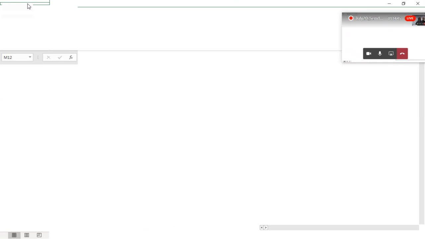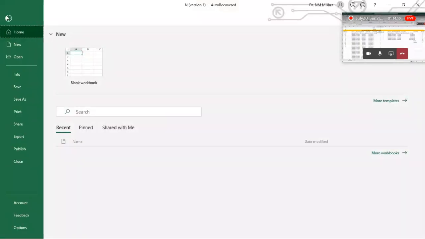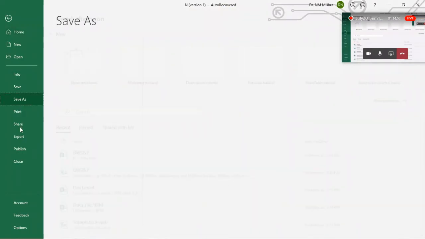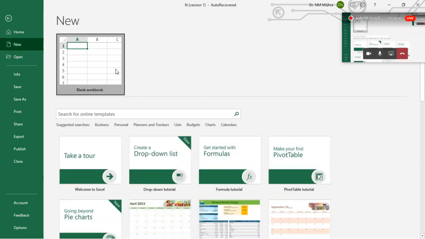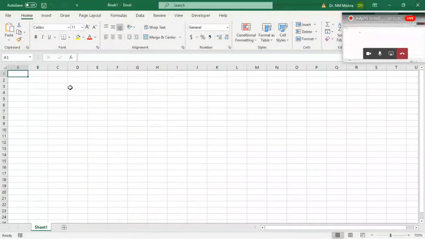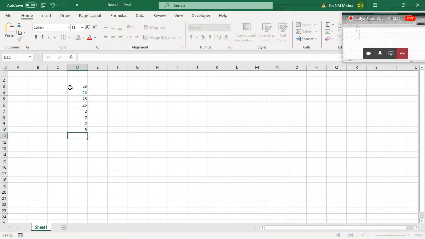Let us try, I'm just trying to open a new Excel. All of you please see here. New sheet for all of you. Blank sheet, right? Can you see, all of you? I'm just going to enter a few age data of the respondents because time is very less. So that's why I'm taking it here. Few data I have taken just to know how to calculate. This is the data I have taken.